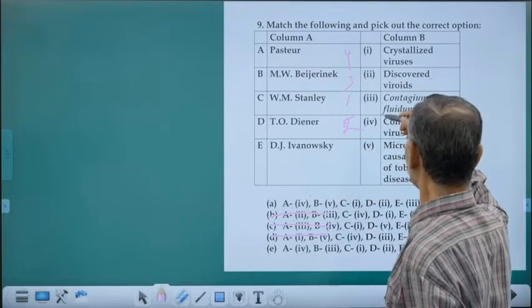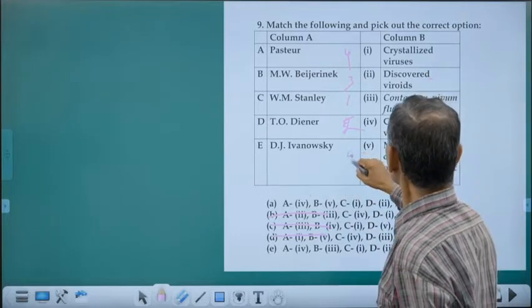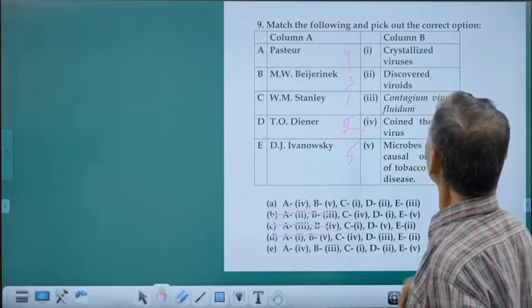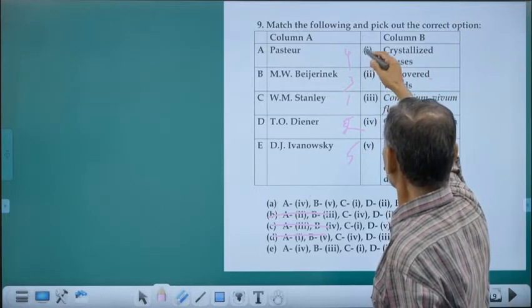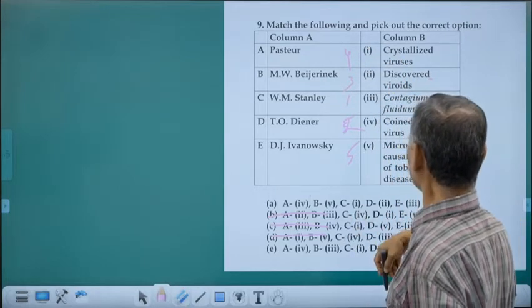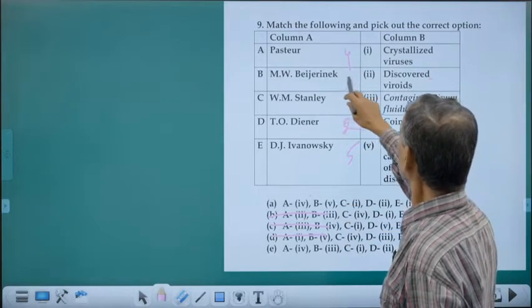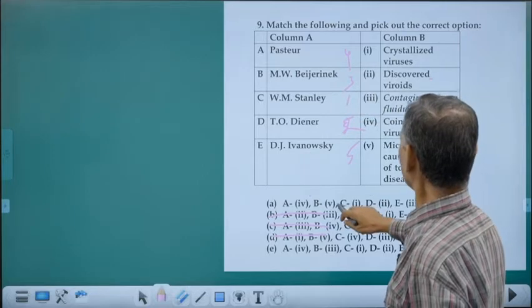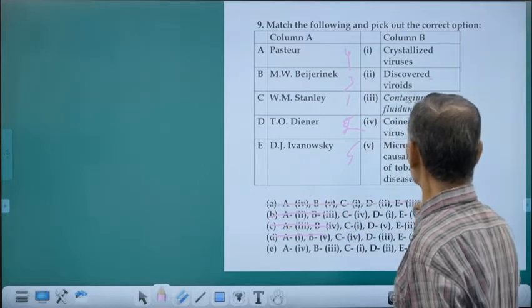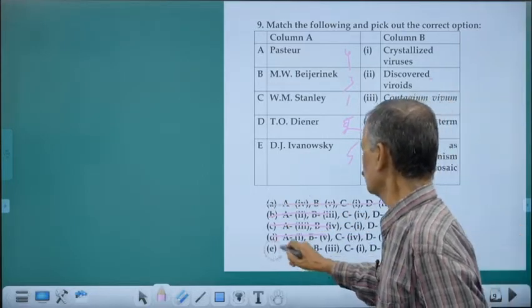So, it should be 5. So, this should be the order. So, we have eliminated them. Then B, here it is 3, here it is 5. So, you eliminated this one. So, the answer goes to